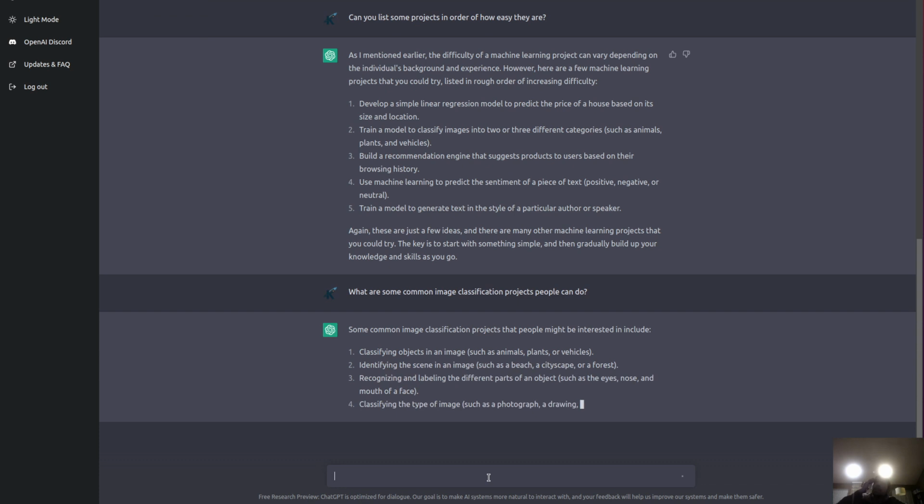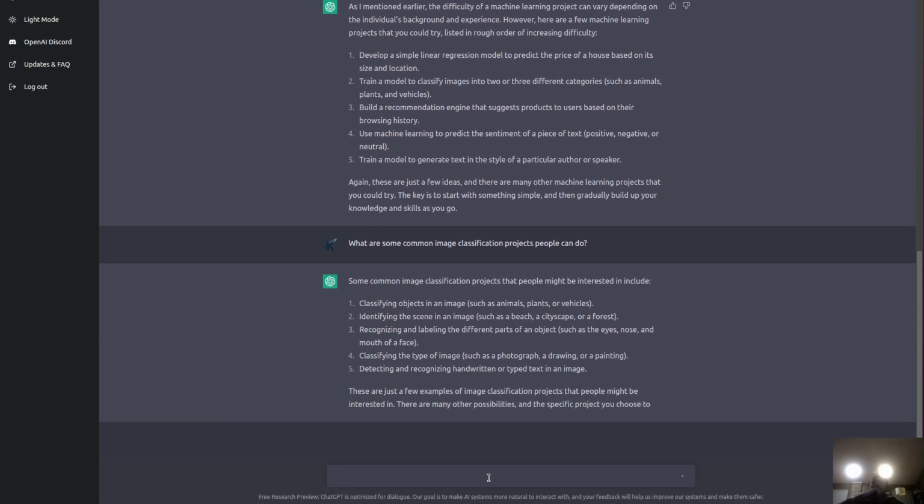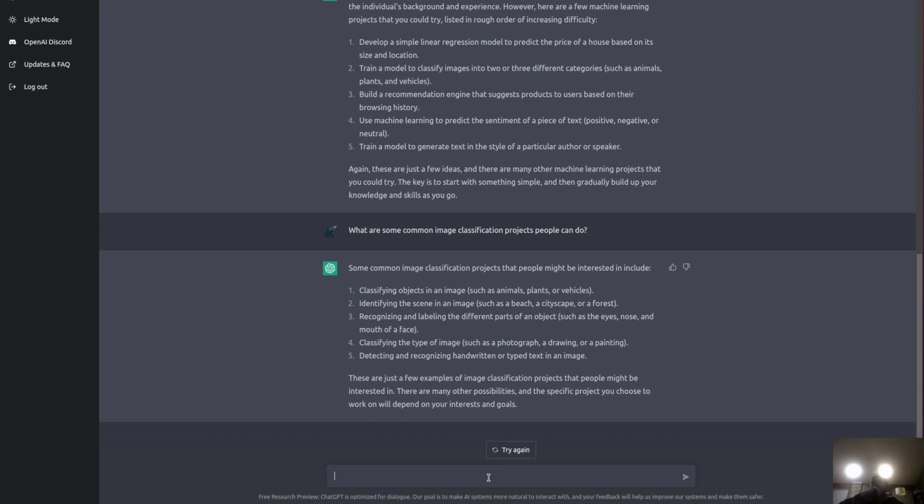So: classifying objects in an image, identifying the scene, recognizing and labeling different parts, classifying a type of image, detecting handwritten or typed text. For number 5 there, what would be a good data set for that?